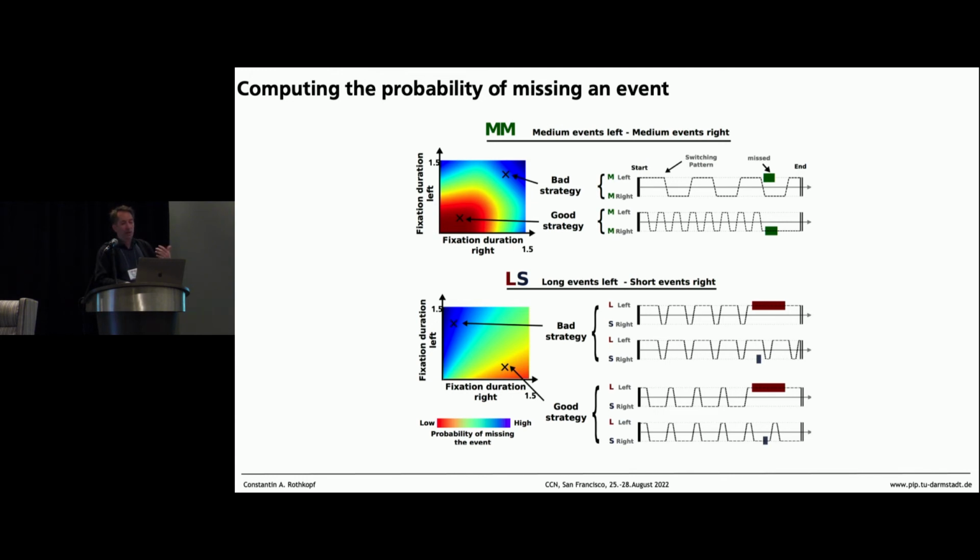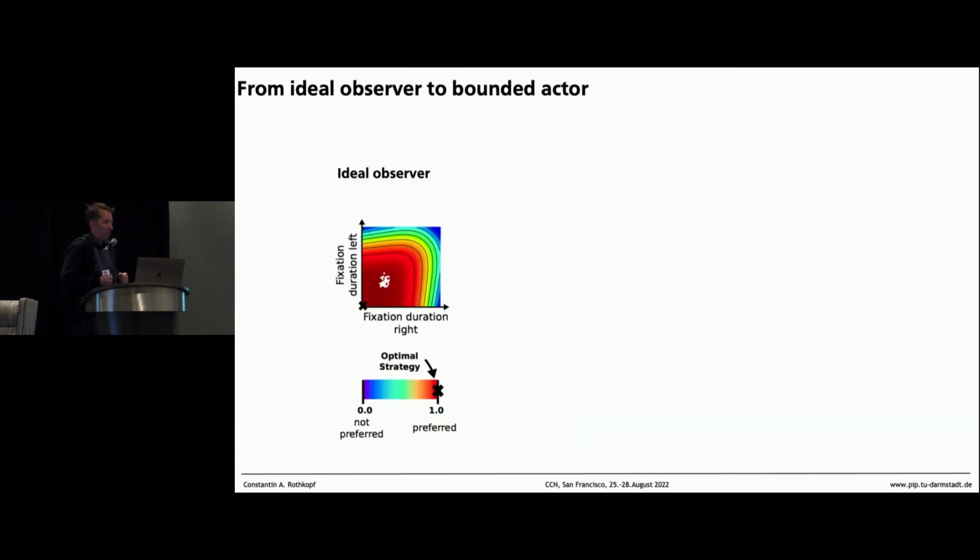All right, and so here now comes the usual approach that we pick. We start with an ideal observer, and the ideal observer tells us, well, switch as fast as you can. So an ideal observer, of course, is not a particularly smart choice for this type of experiment because there is no notion of actions. So what do we have to do? Well, we don't only have the uncertainty about time that is here, so a Weber law on timing. We now also have to have the action variability. That's well known. We can measure that separately. We can also fit it to the data.